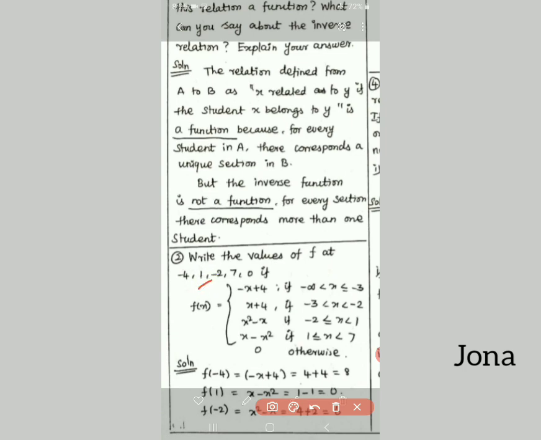Okay. The next one, f of 1. In which interval is it there? Here, 1 less than or equal to x less than 7. So we want to find the value at 1: 1 minus 1 square, that means 1 minus 1 is 0. Okay. The next one I have 7. In which interval will 7 be there?